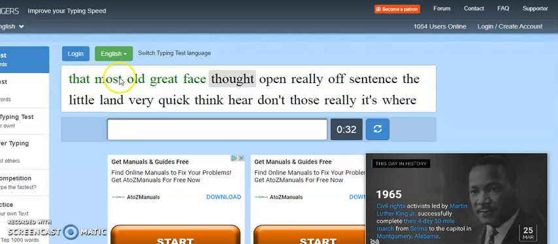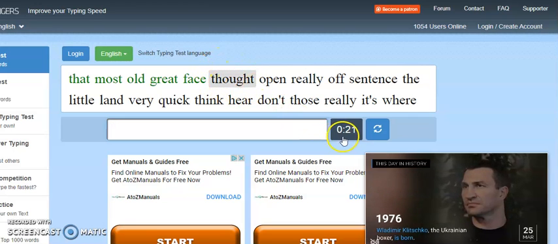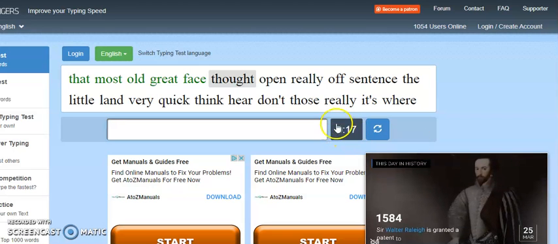And you can see up here, every time I type a word and I type it correctly, it turns green. So there's one space between each word. Press the space bar and it brings you on to the next word, which then highlights in blue. As I'm typing, the clock is ticking down here. So it gives me 1 minute of typing time each time. So I'm going to keep going,